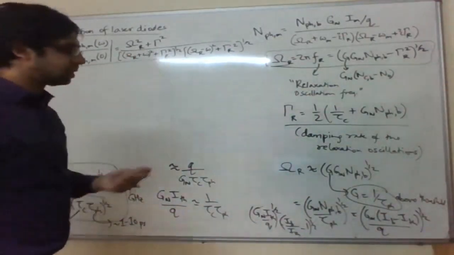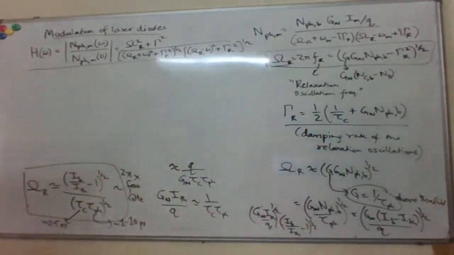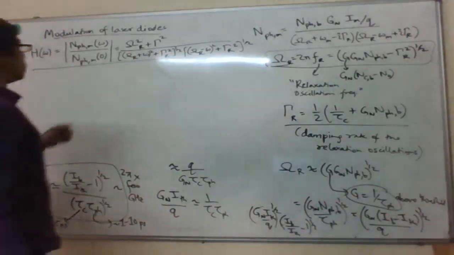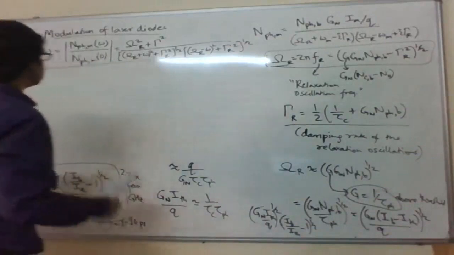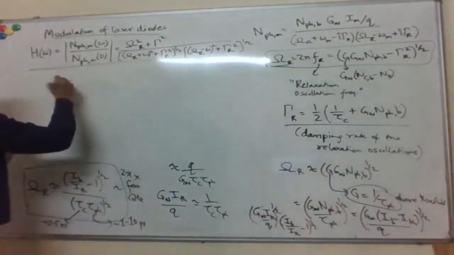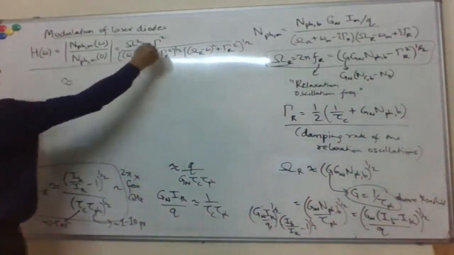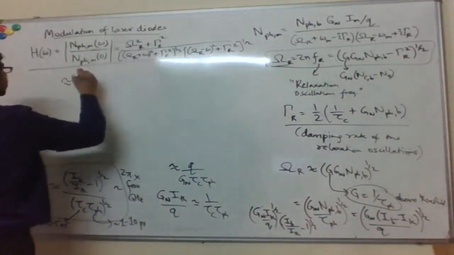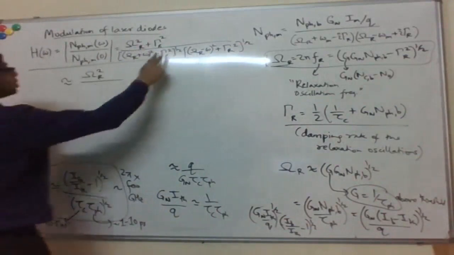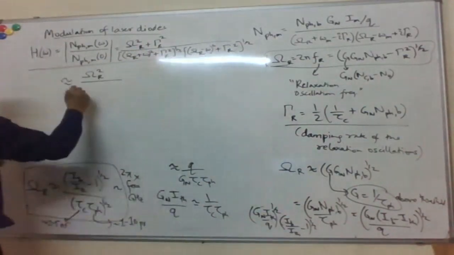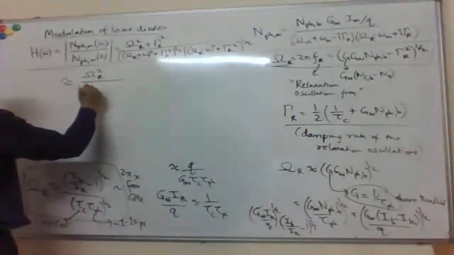Gamma r typically is, let's say, megahertz. So typically this term is much bigger than this term. Okay, so sometimes this is also approximated as, so here also if we neglect gamma r compared to omega r, you can approximate this as, so if you neglect gamma r here, so you just get